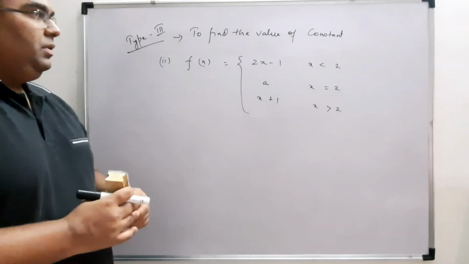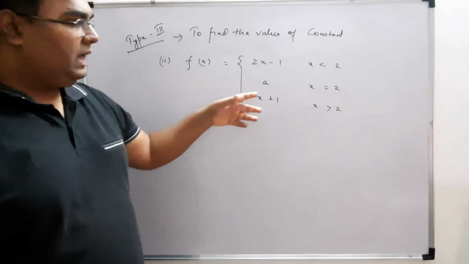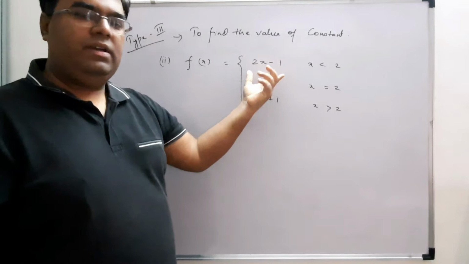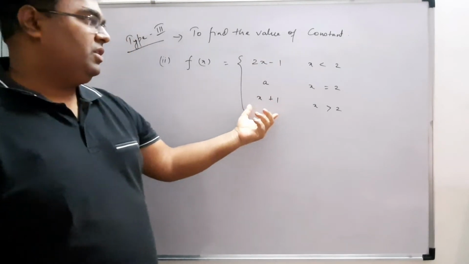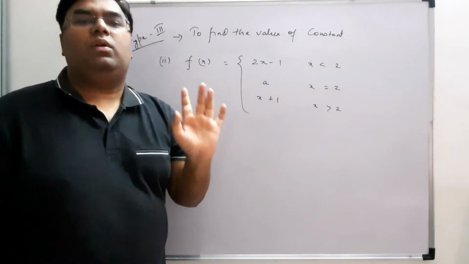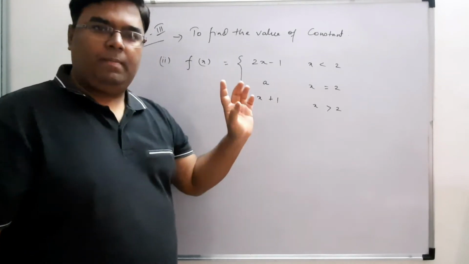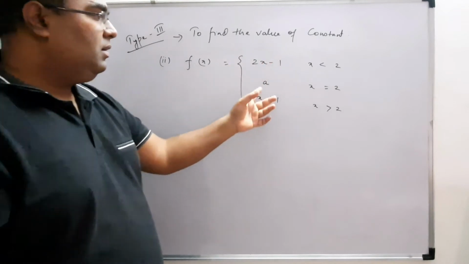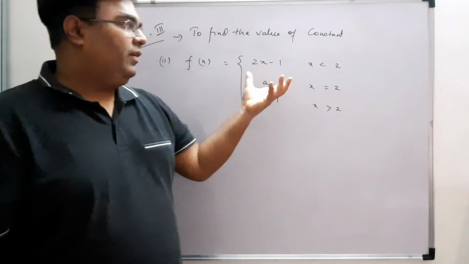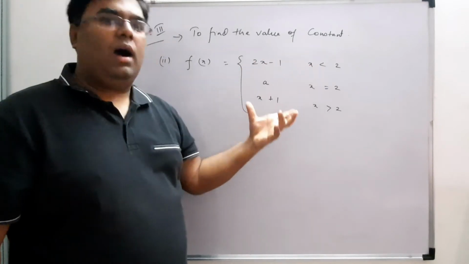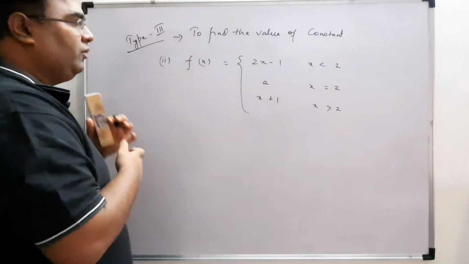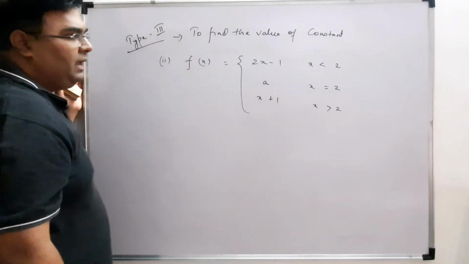Now we will solve another example. My second example is of the case where the definition at both sides are different. It means my LHL is different, my RHL is different, right? The definition, and f(a) is there. And here there is only one constant, which is a, right? Definitions are 2, but the constant is only 1. Here you can use either the LHL or the RHL, but one only. You don't need to find both of them. So suppose I am taking LHL.